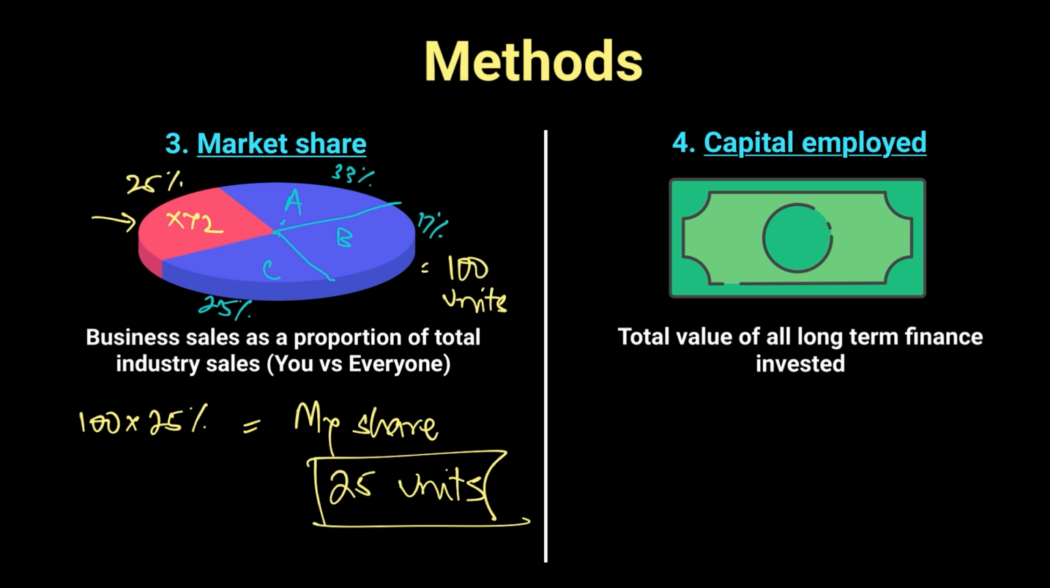Okay, that is market share. And a simple formula for market share is your own sales divided by the total industry sales times 100. So 25% was after I sold 25 units out of 100, I realized that I have 25% of the entire market share. The fourth method of measuring the size of different businesses is by simply comparing the amount of investment